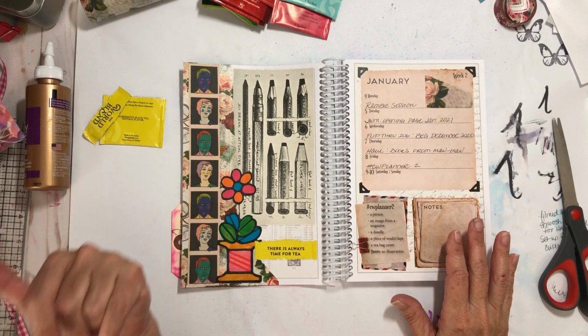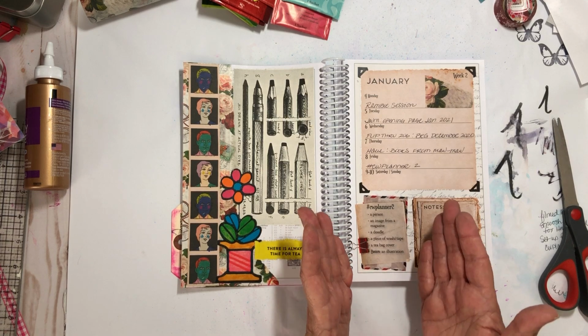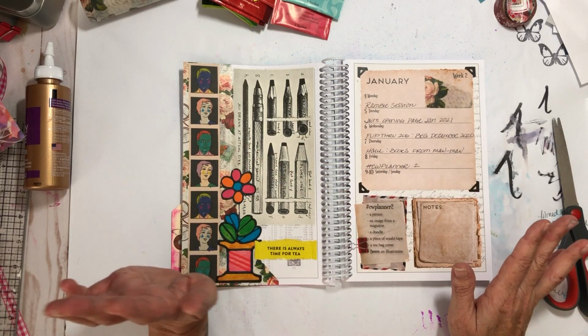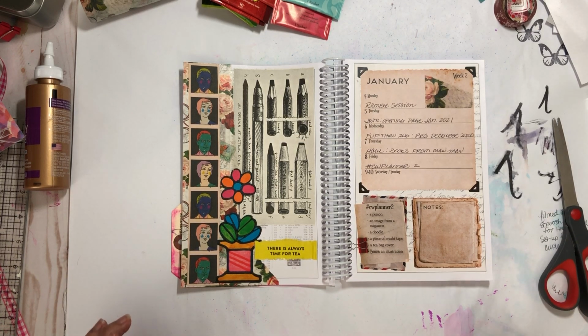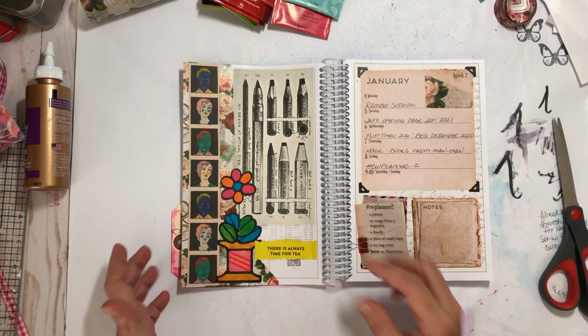I loved it. It is super simple and easy to do, especially because Margarete has your little recipe right here. So you just go around your room, you find your little bits, and you put them together in a collage. And I love it. I think it's so much fun. So there you have it. Week 2 in a shortish video. Yes. Okay. So here you have it. Week 2 in